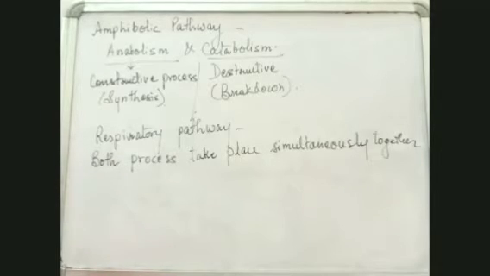It can be carbohydrates, it can be proteins, or it can be the fats to release energy. So it is basically a catabolic process because energy is released by the breakdown of various nutritive substances. But at the same time, it is an anabolic process because many large compounds are also formed, right? Glucose 6-phosphate, fructose 1,6 biphosphate, all these compounds are formed. So we can say that it is anabolic also.